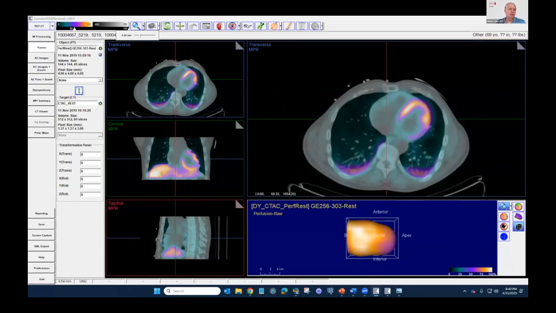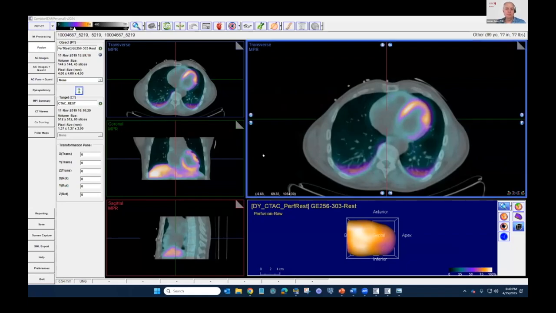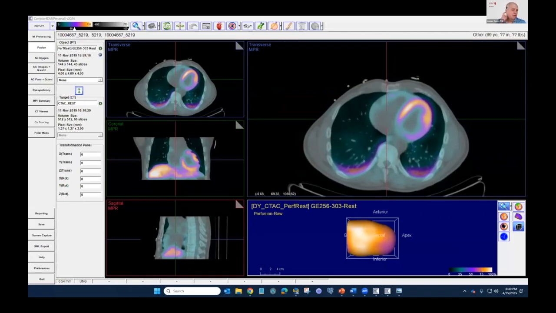We do attenuation correction. The attenuation correction is there to try and recover counts that are lost to the soft tissue. But in this case, if we attenuation correct with the lung, which has anywhere between a quarter and a third the density of soft tissue, we don't get as many of those counts back. And so we lose those counts, and it gives the appearance of a drop in activity. So all those